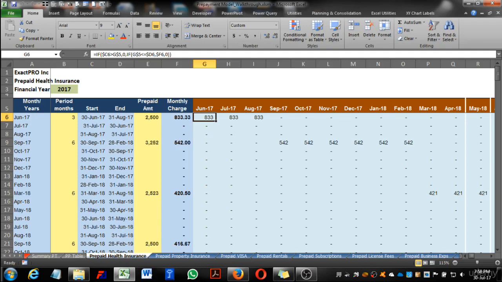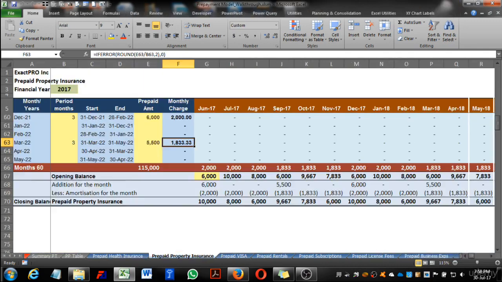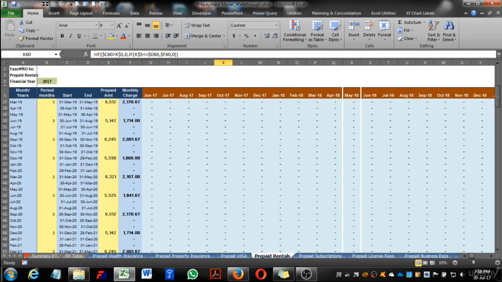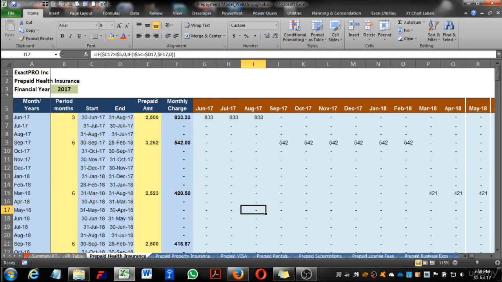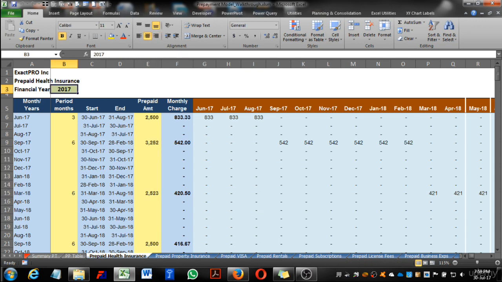The only issue with Power Query and pivot table summary model is that Power Query cannot accept protected sheets. Since the source of our individual data are these prepaid sheets, as you can see here, they all are protected, right? We did a protection in our previous example where we discussed the simple formula based model, and at the end we added a protection to all the formula cells and kept open only a few cells like this column E, column B, and this particular cell B3.